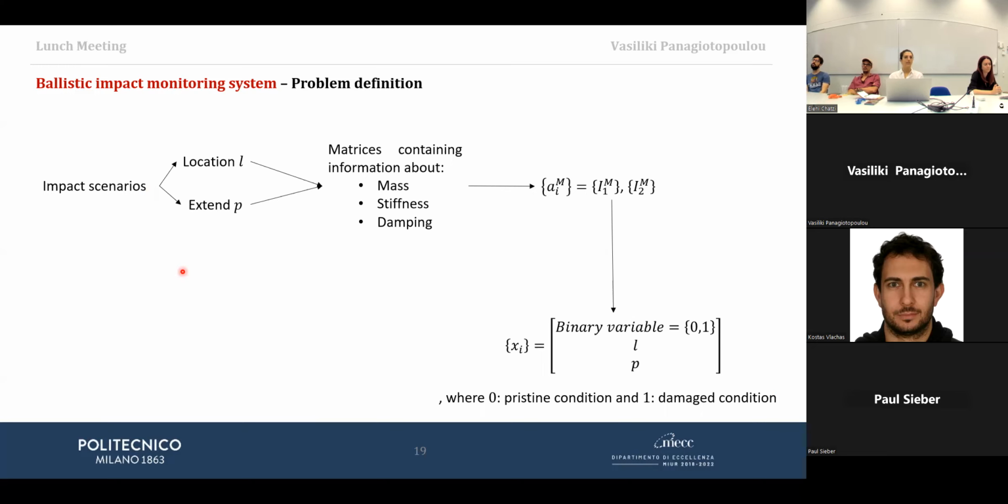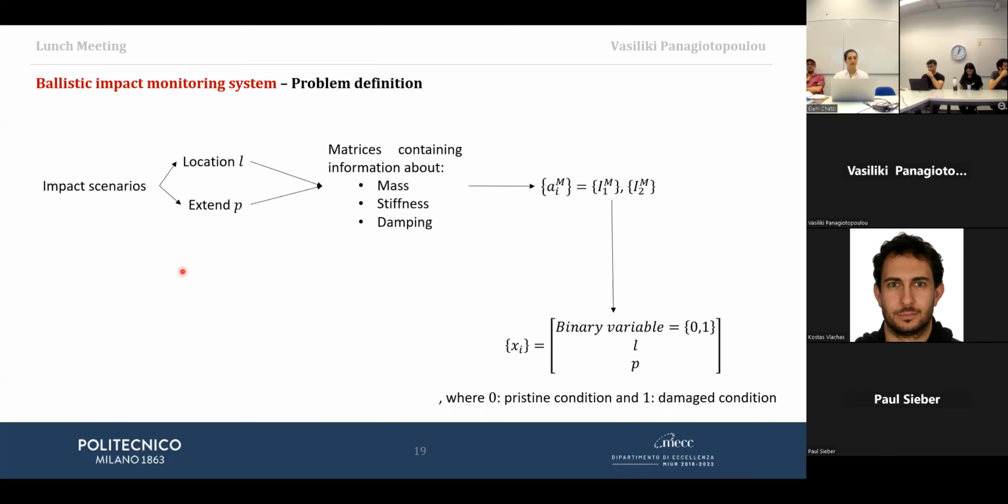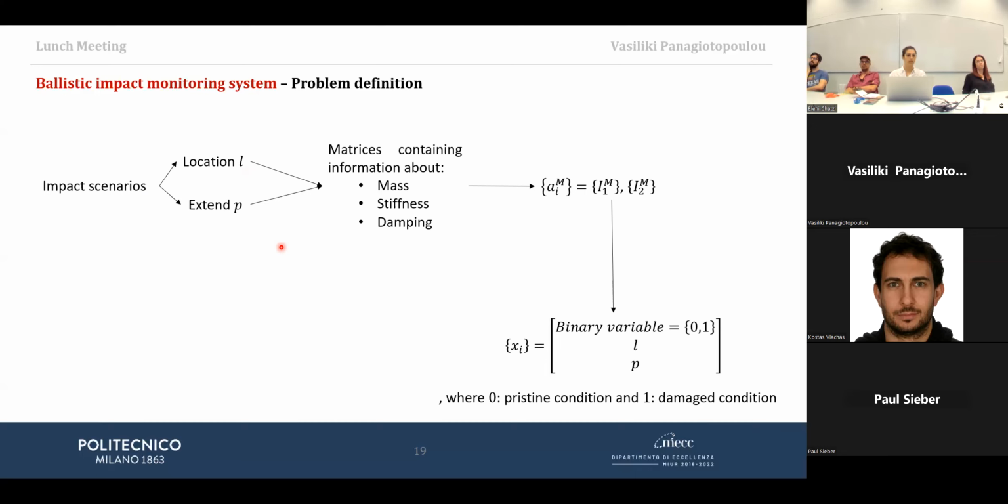So the impact is happening in the middle of the shaft or closer to the boundary conditions, to the supports, and with respect to the extent of the damage, so the severity. According to these two parameters, the properties of the system will change. So the mass, stiffness, and damping matrices will change